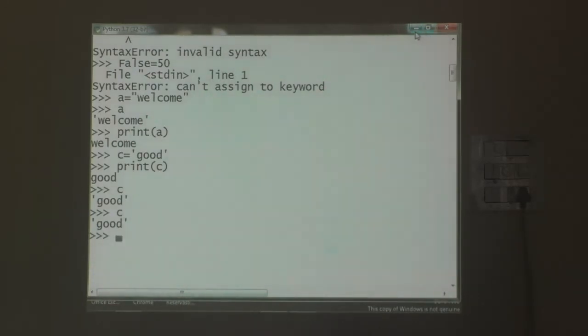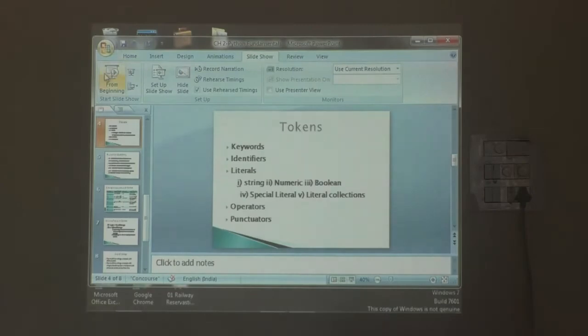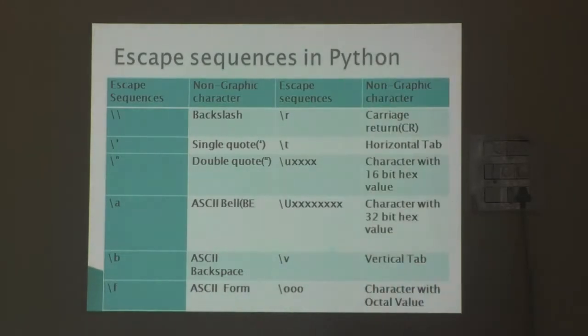Okay, student, the next one is escape sequences. Before that, what do we mean by non-graphic character constants? Python allows some non-graphic characters that cannot be typed directly from the keyboard.